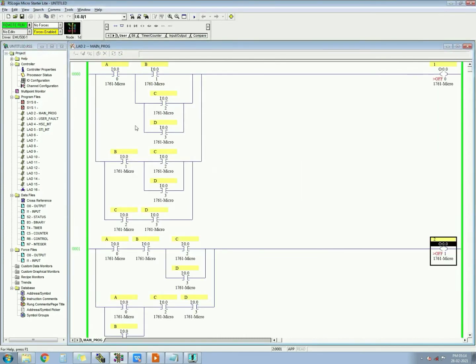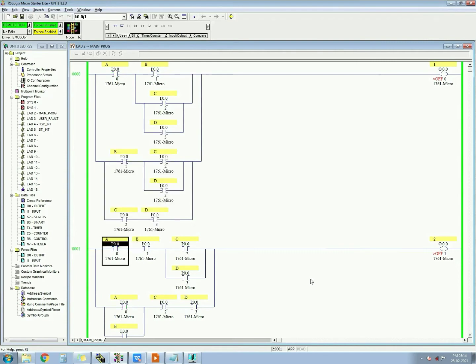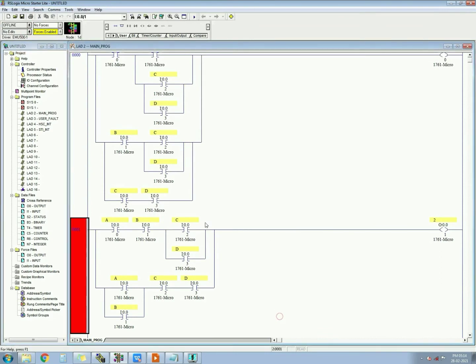You can check. This is input A gets on, input B gets on, any 2 get on, the first output gets on. When any 3 get on, C, output B is getting on but output A is not getting off. So I haven't included that circuit in this program, so I have to include it. I'm just checking this to show you this is not working. So let's go offline and make a program to make this output off.